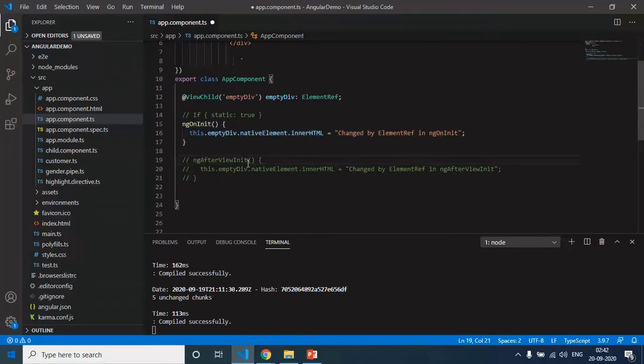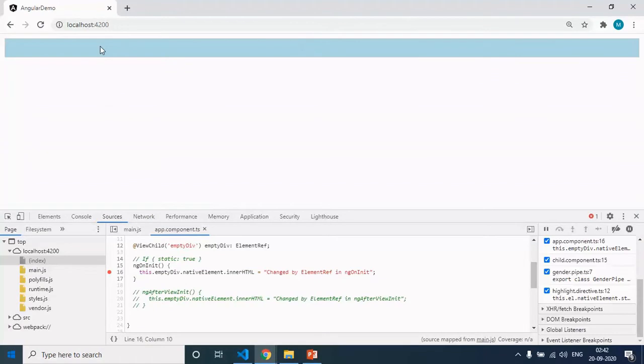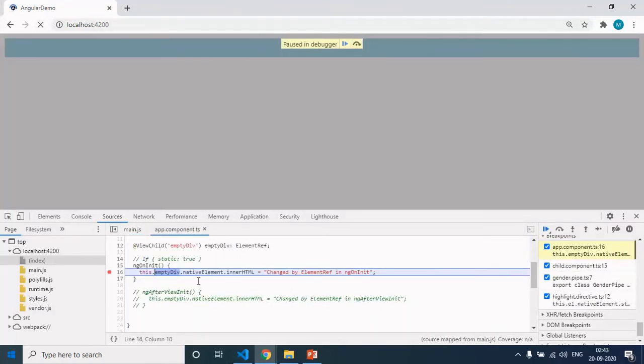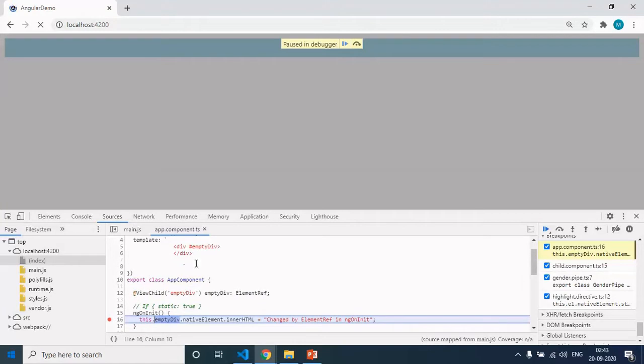Now let me comment this code and uncomment this one, ngOnInit. In ngOnInit also, I am writing the same code, only the text is changed. Run the application and see what happens. Here you can see that I am not able to see anything. So why is it like that? Just refresh the page again. And if you see here, I am not able to get the reference of this div element.